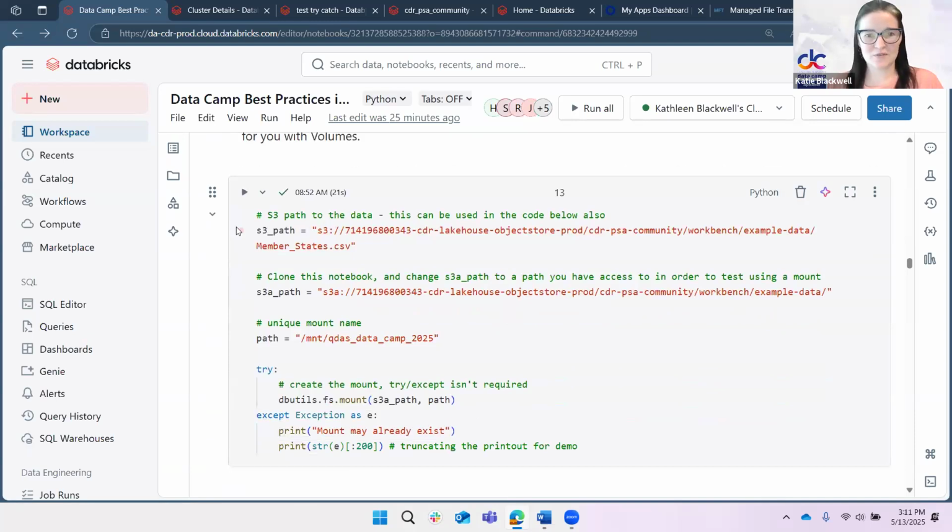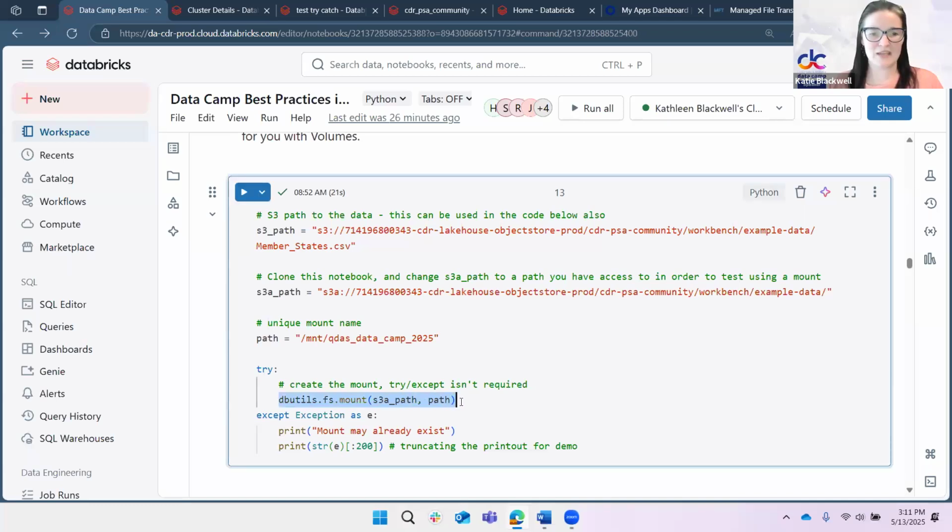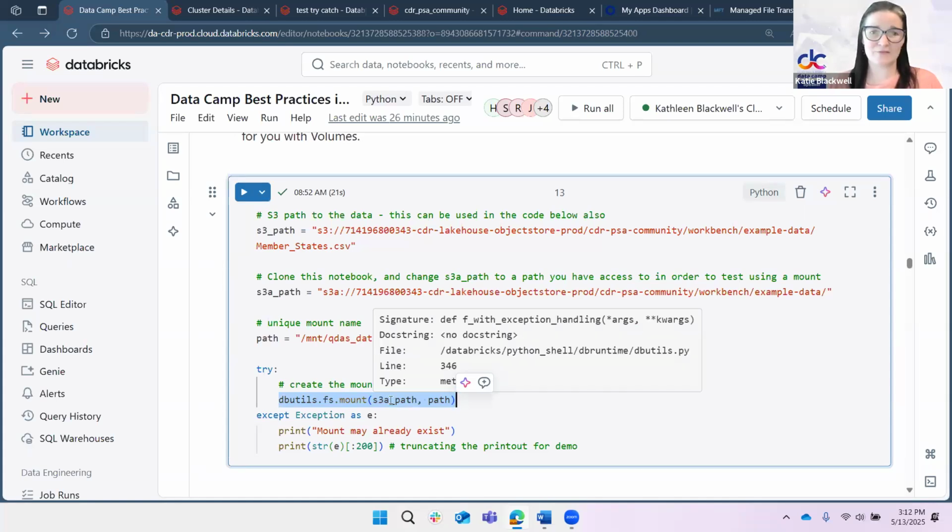I wanted to show you this example cell here. I put a little extra in here. I have this try except block, and this is a Python cell, so you don't need this. The only thing you really want to pay attention to is dbutils.fs.mount, and then you have your S3 path. I call it S3A for a reason, I'll tell you in a second,